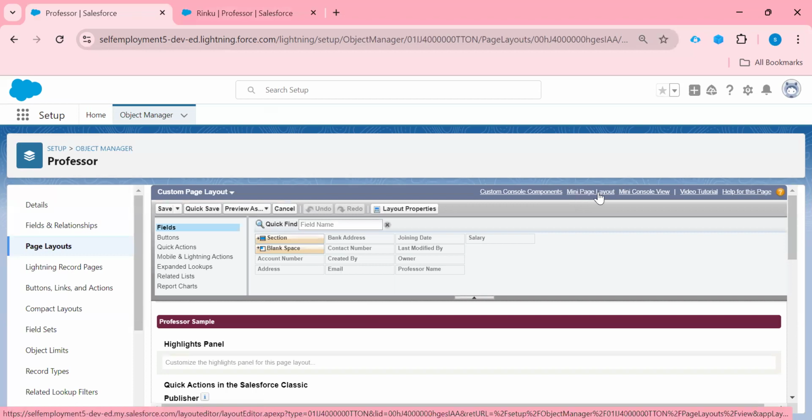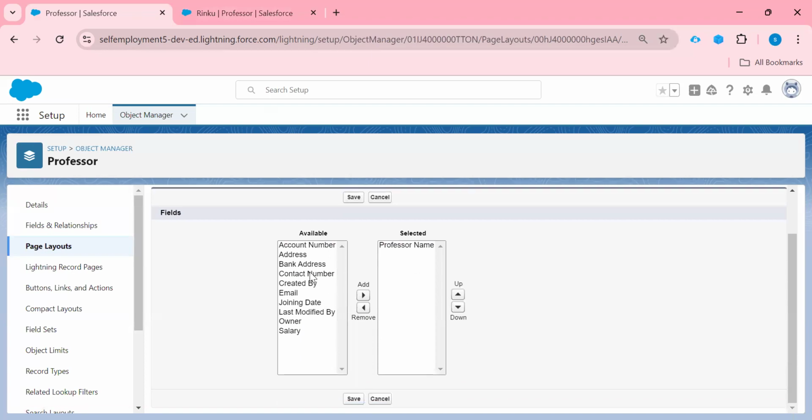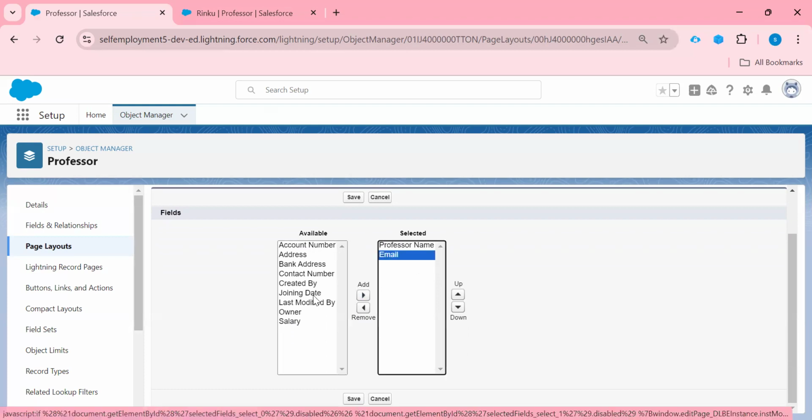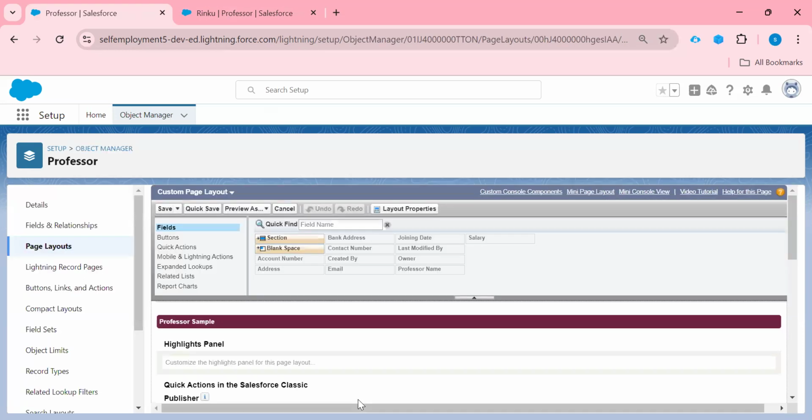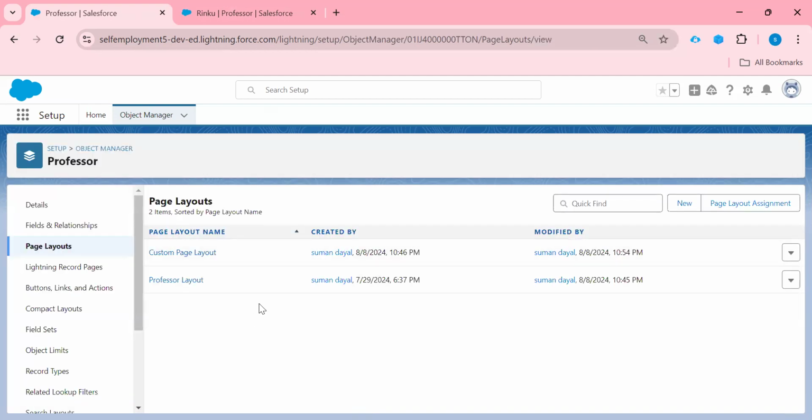If I click here, I can choose the fields which I want to show in my mini page layout. Professor name is already here, so I can choose the email, right, and joining date. Only three fields I want to display as a mini page layout when my mouse is over the detail page, right? So just click save, and you can save it from here also one more time.